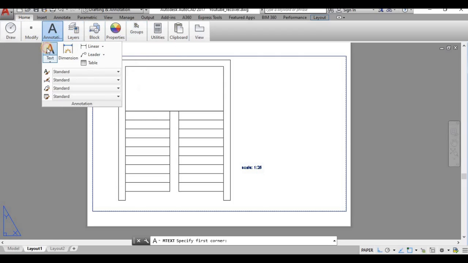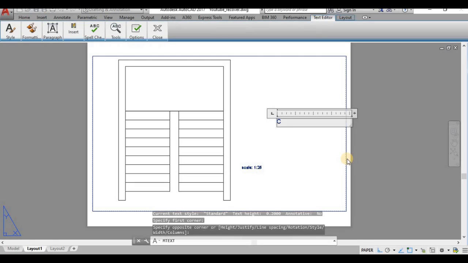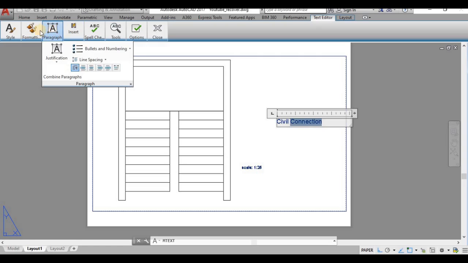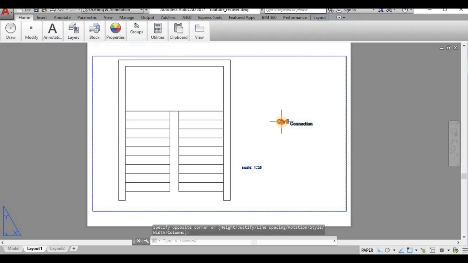Here I shall write a text: Civil Connection. I have written it here. I shall give the formatting, everything. This will also be printed here. This is the concept.